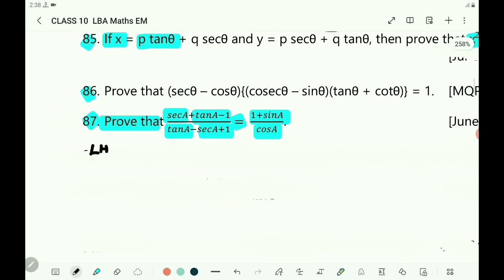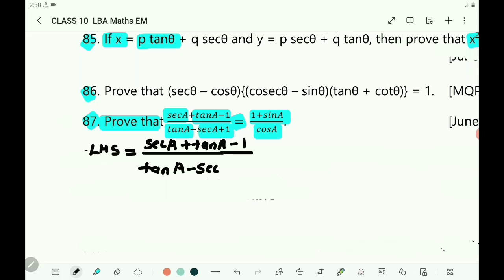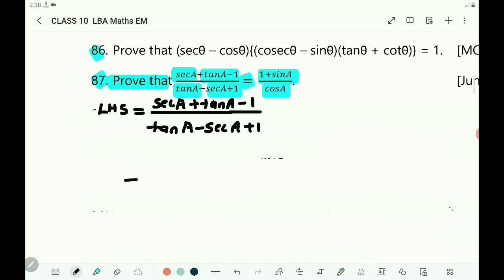LHS equals secant A plus tan A minus 1 by tan A minus secant A plus 1 equals